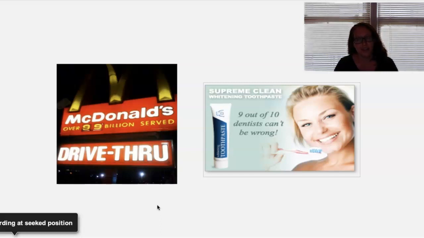9 out of 10 dentists can't be wrong. Just kind of sit with that for a second. They can't be wrong. It's a little bit dogmatic, kind of applying to that number too. They want you to question yourself. Well, one of those 10 dentists disagreed. So they're kind of trying to make you question yourself there, and not to argue with it. They can't be wrong. This must be the best. But in fact, dentists are still fallible people, and lots of them may prefer different toothpaste for different reasons.